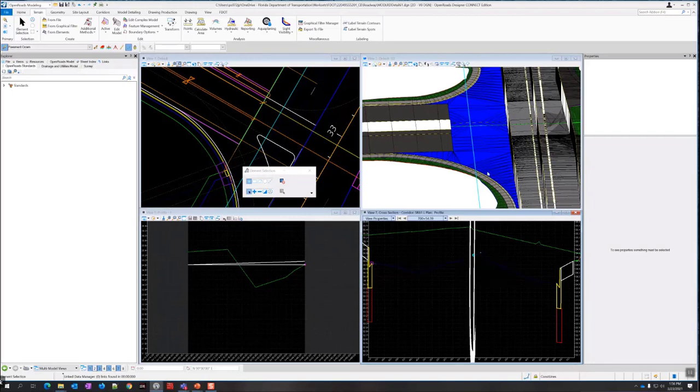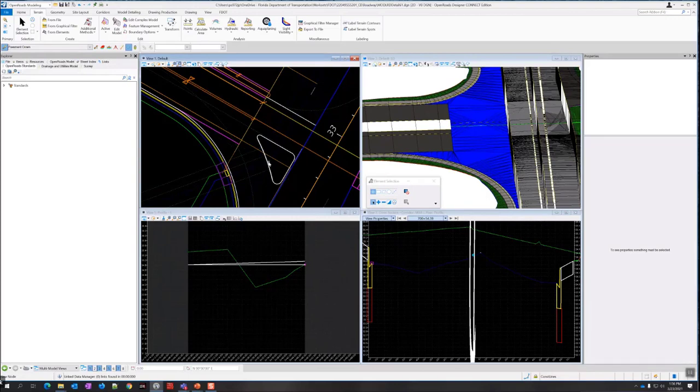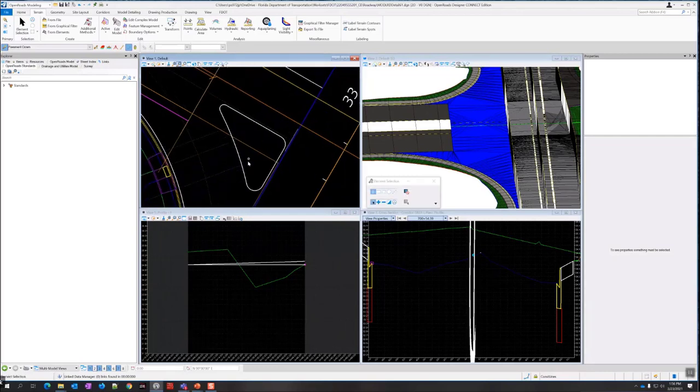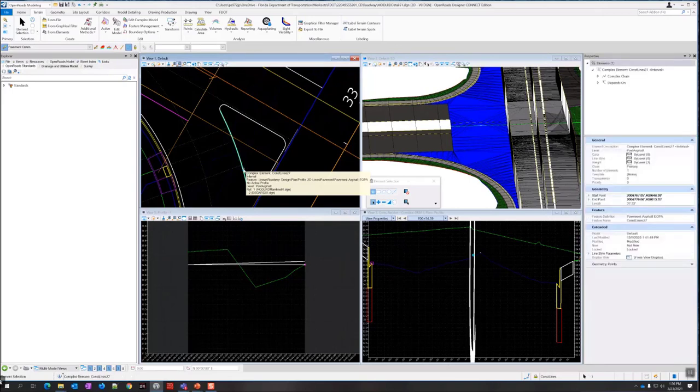So the next thing we need to do, exercise 4.8, we need to clip the terrain so we can put this right turn island in. So we have it in the design. We have these edges of pavement here. Let's just create a selection set of all of those. I'm going to select them one by one. You can use a plus to add them to the selection set here.